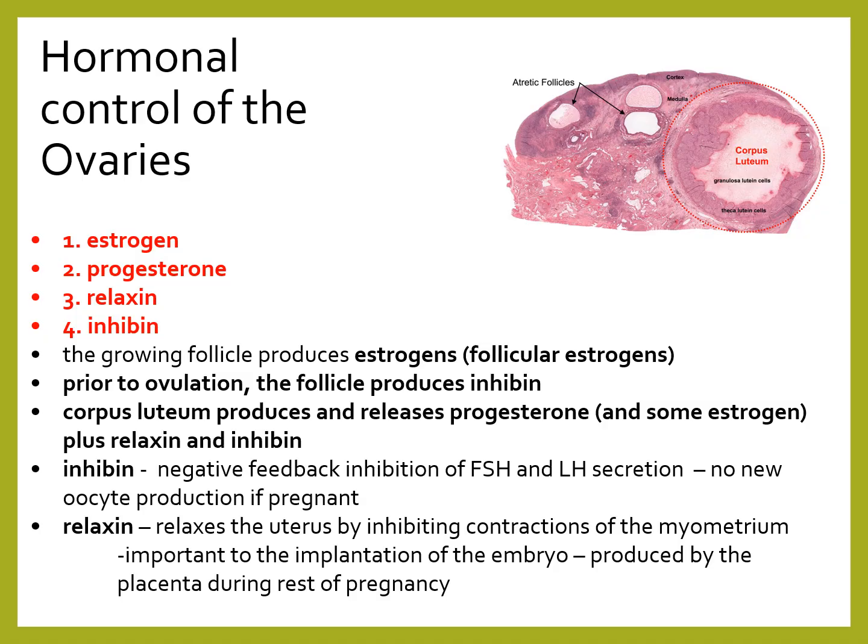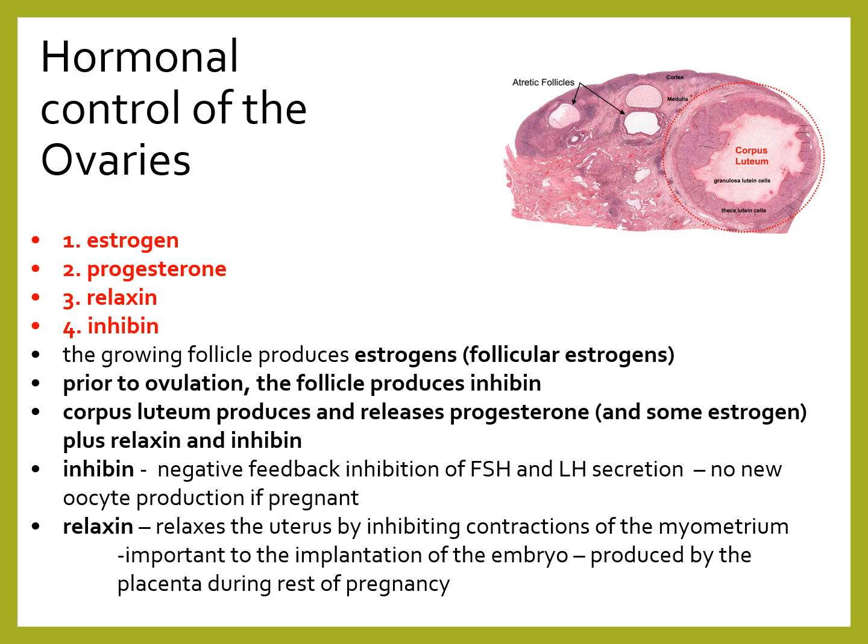In addition to gonadotropin releasing hormone, FSH and LH, there are 4 more hormones I want you to learn in association with the female reproductive system. That's estrogen, progesterone, relaxin, and inhibin. The growing follicle will produce large amounts of estrogen. These are called follicular estrogens. Again, refer back to the previous slide where I mentioned how FSH and LH are involved in stimulating the follicle